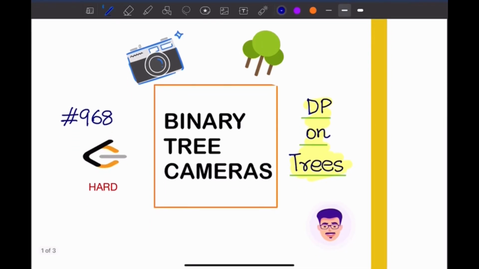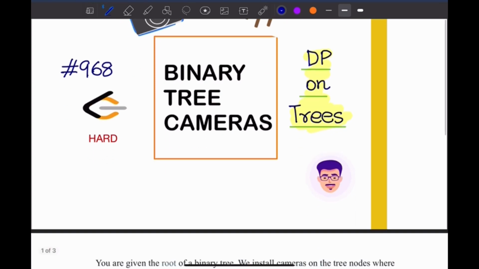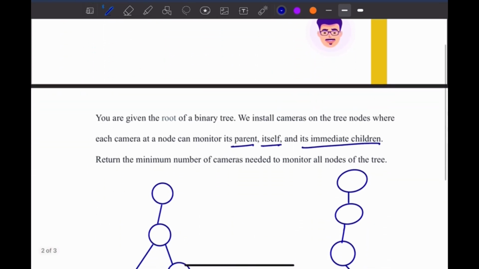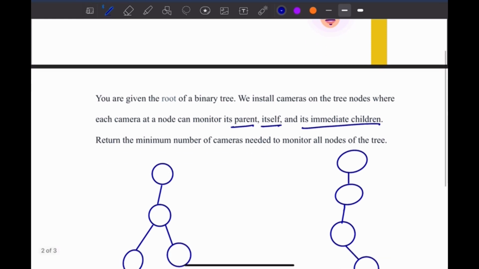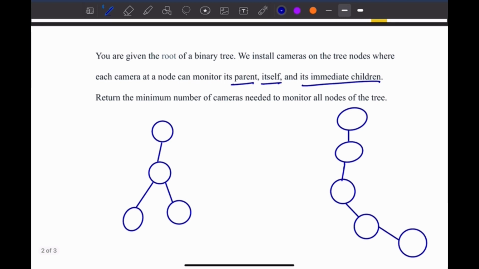So, hello everybody. Let us have a look at a LeetCode hard problem today titled Binary Tree Cameras. So the question says, you're given the root of a binary tree and we install cameras on the tree nodes, and each camera can monitor itself, its parent and its immediate children. So we need to return the minimum number of cameras needed to monitor the entire tree, that is all nodes